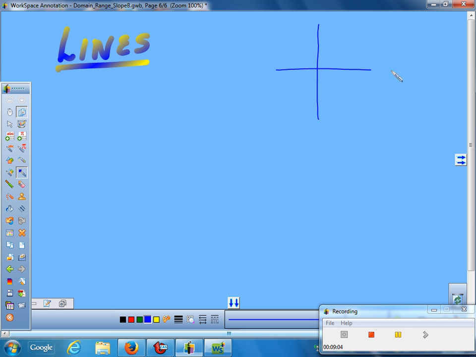So, if I once again draw you a really rough sketch of a line here. What could you tell me about that line? It's a diagonal. What are the important things we want to know about a line? Is it steep? No, it's not steep. How do we measure how steep a line is?